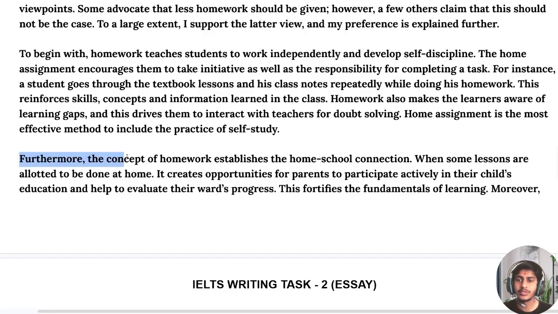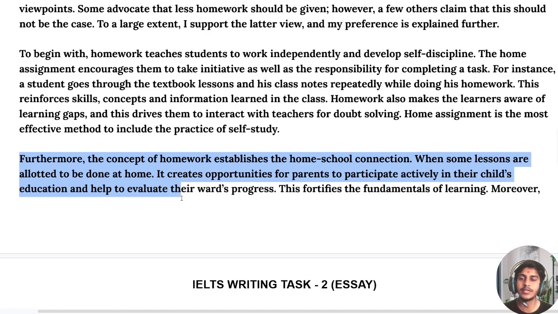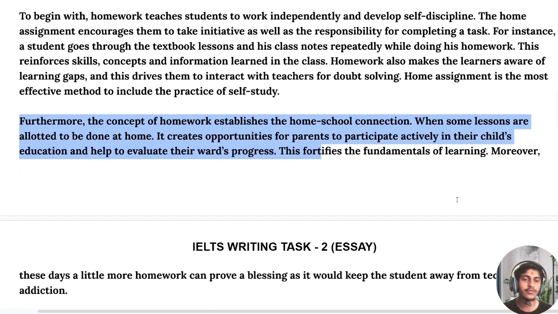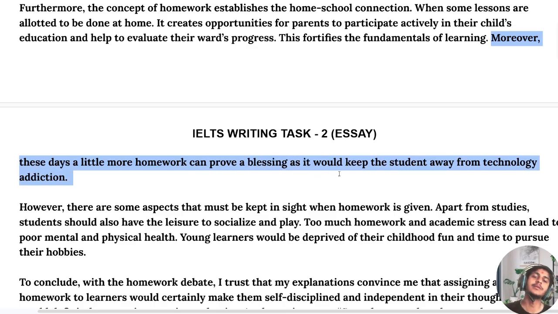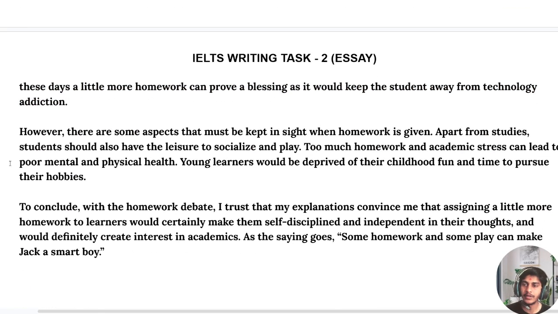Furthermore, the concept of homework establishes the home-school connection. When some lessons are allotted to be done at home, it creates opportunity for parents to participate actively in their child's education and help to elevate their ward's progress. This foretells the fundamentals of learning. Moreover, nowadays a little more homework can prove a blessing as it would keep the students away from technology addiction. And now the counter argument